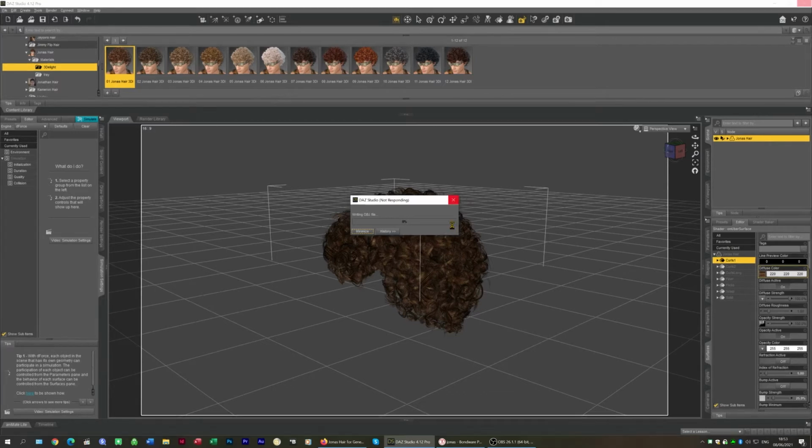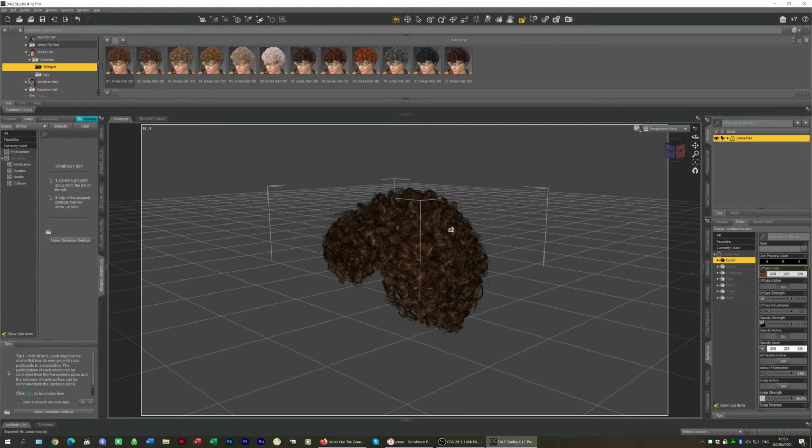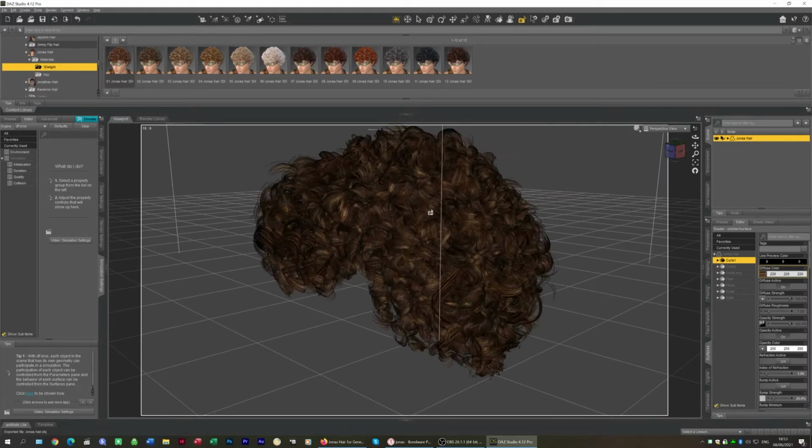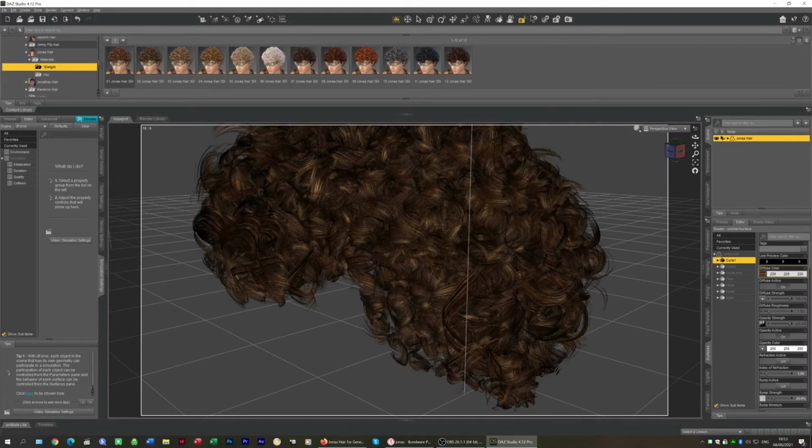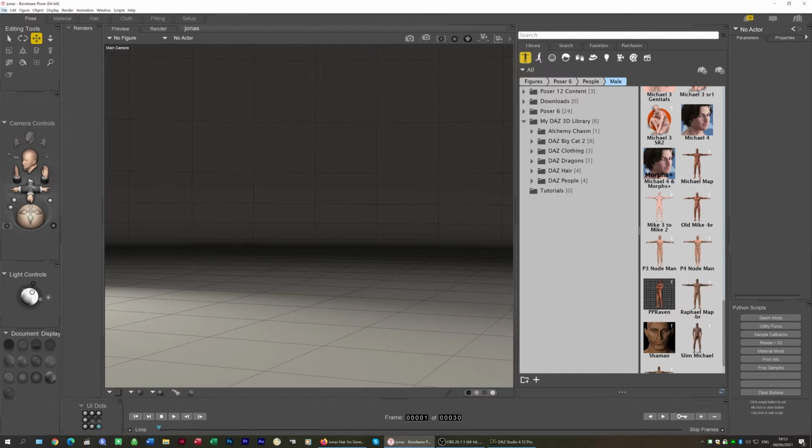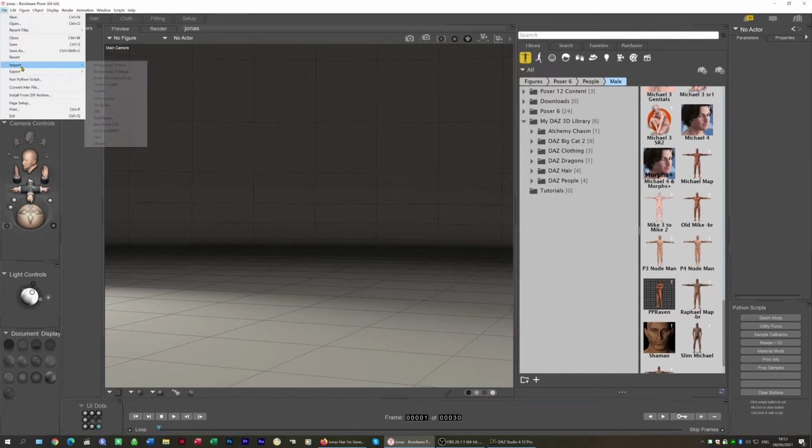And that takes a little while. Now this hairstyle is what's known as a billboard hairstyle, which means if I zoom in on it and view it. In fact, it'll be easier to show you in Poser. So if I go to Poser now and do import Wavefront OBJ,